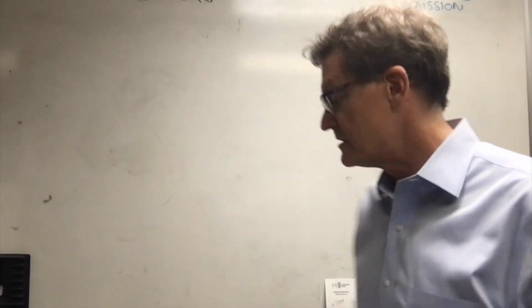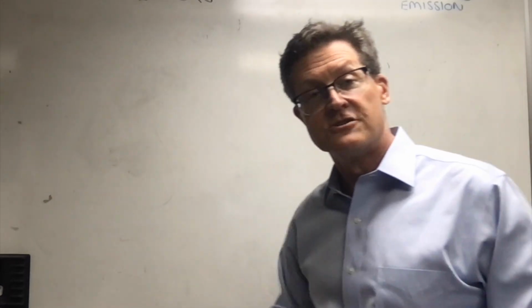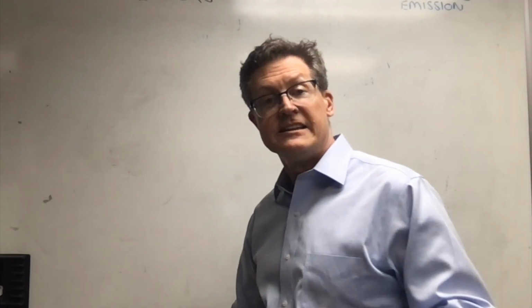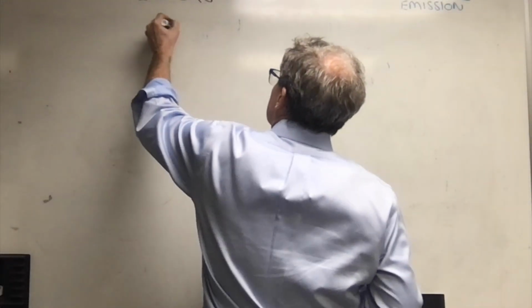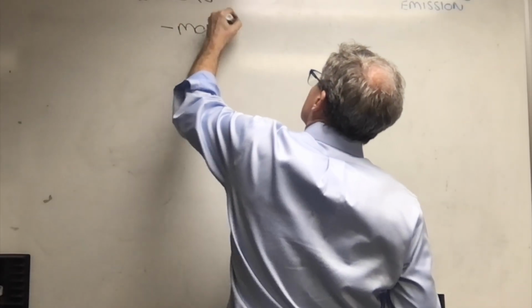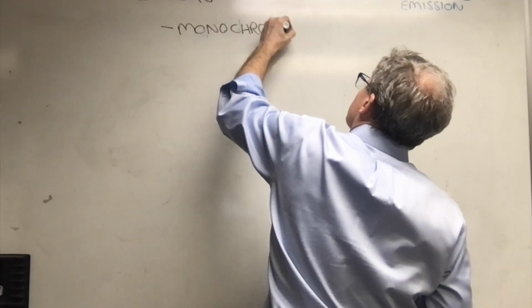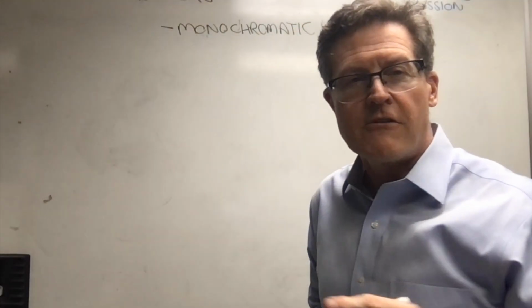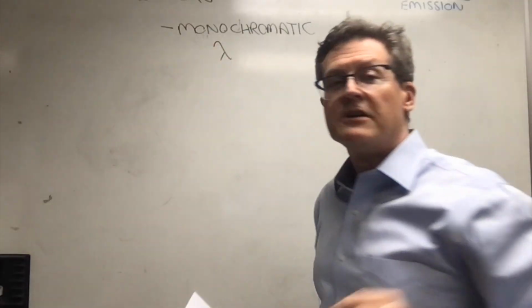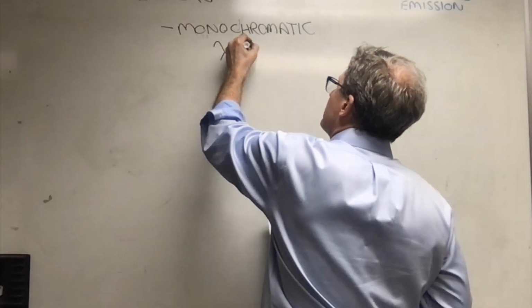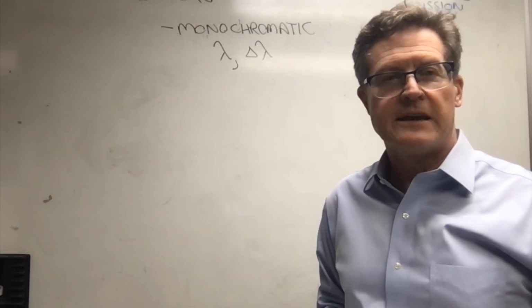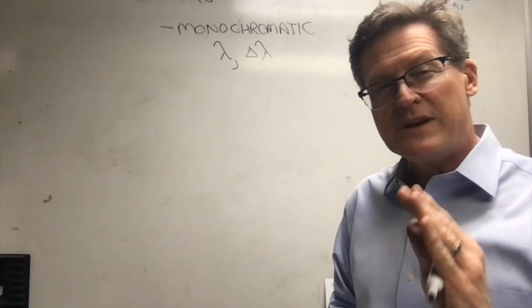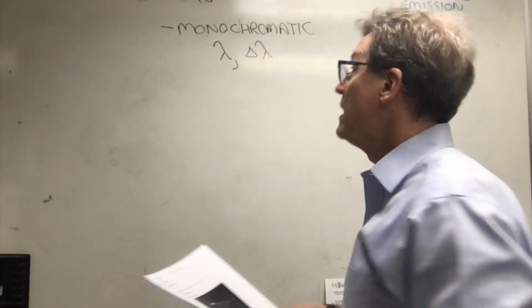Now, why are lasers so interesting? There are about 5 different qualities of them that make them very interesting for doing spectroscopy and initiating reactions and studying them as well. And those are that lasers are monochromatic. Right? That is, they have a very well-defined wavelength. But not only do they have a very well-defined wavelength, they have a very well-defined central wavelength and a small bandwidth of light around that.